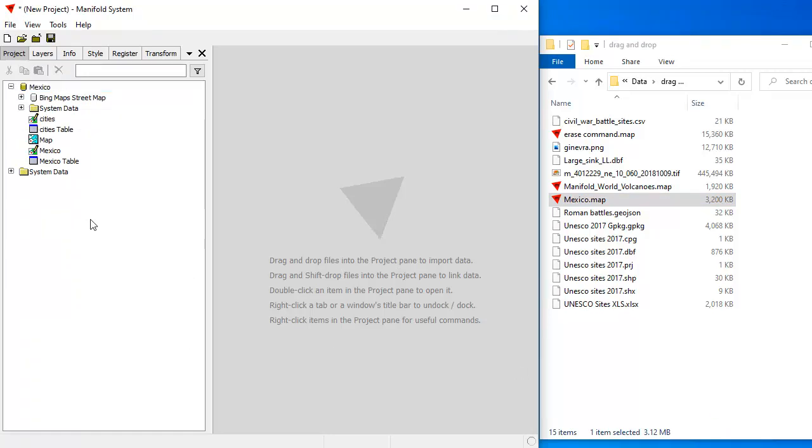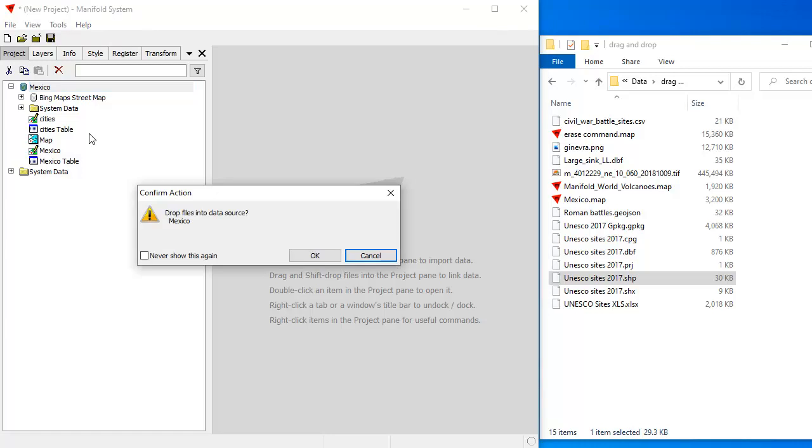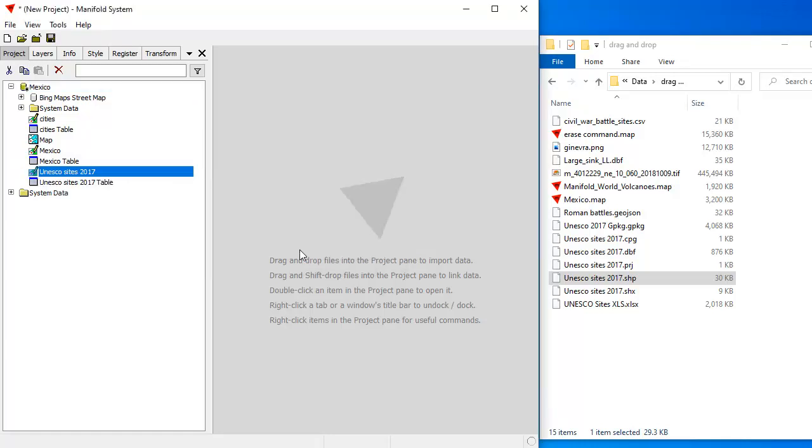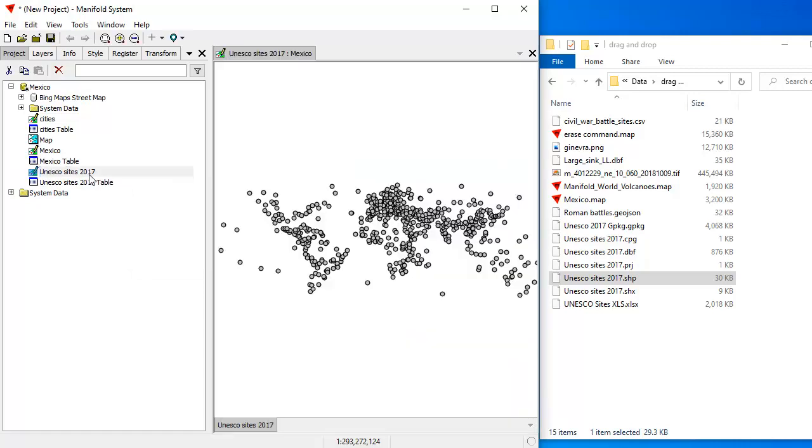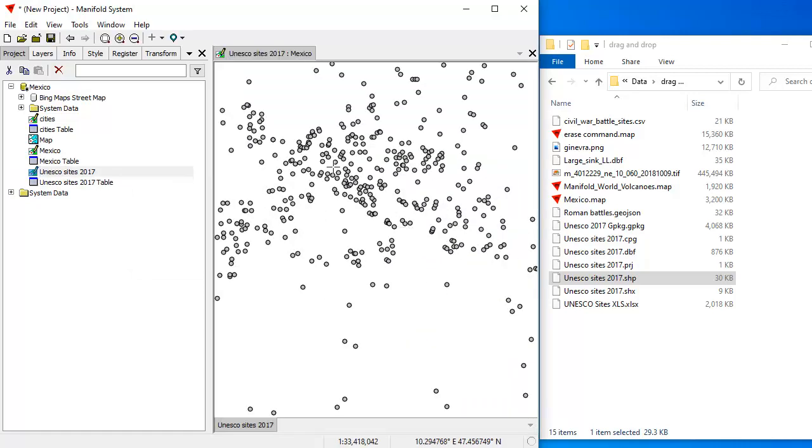Now I want to demonstrate how, depending on the context, when we click on the Mexico data source, we're making that the focus. Anything we now drag and drop into the project is going to be dragged and dropped into that Mexico project, Mexico database, of course, if we have read-write permission on that project. So for example, we take the shapefile, drag and drop it into the map. It'll ask us to drop files into the data source Mexico. Yep, okay, click OK. And what it's just done is imported data from the UNESCO sites shapefile,